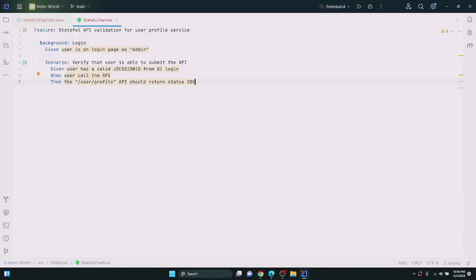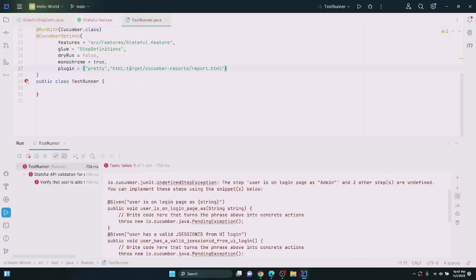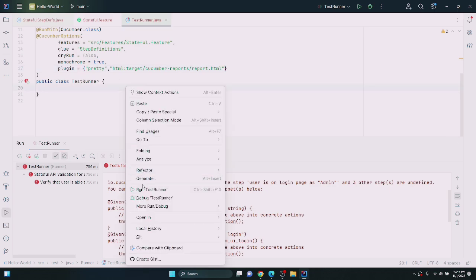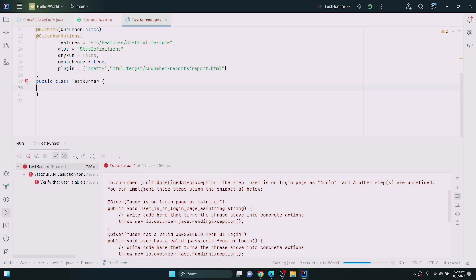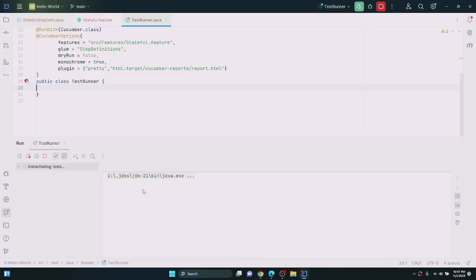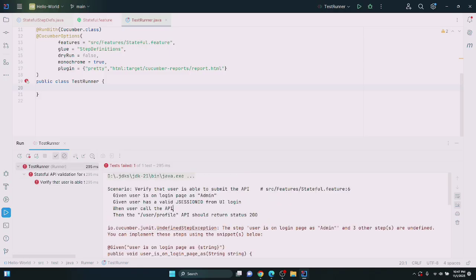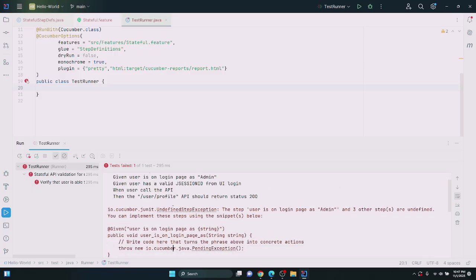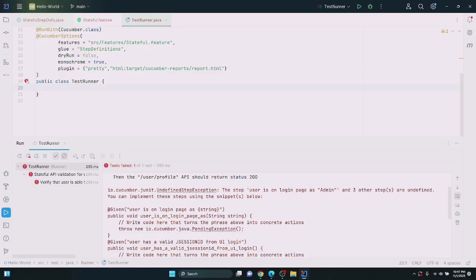So this is a very basic level feature file for automating a REST API. Here I am going to extract the JSESSIONID from the UI login, and then I'll be using it for automating the user profile API. Now to generate the step definitions, you just have to run the Cucumber test runner, JUnit 4, to create the step definition content. So we just copy the step definition content